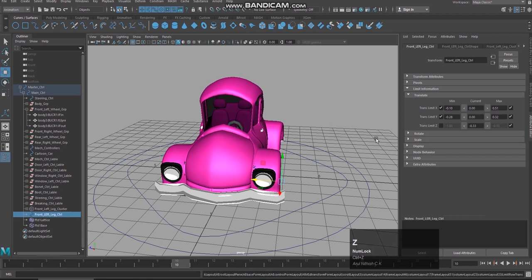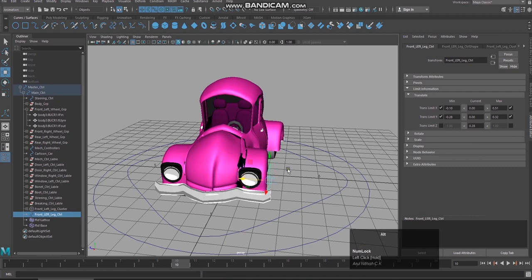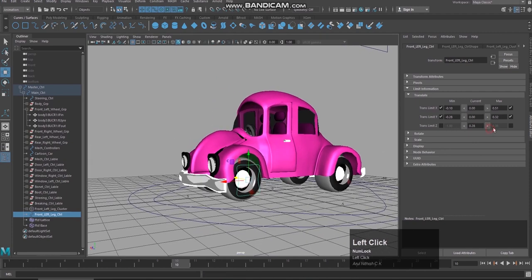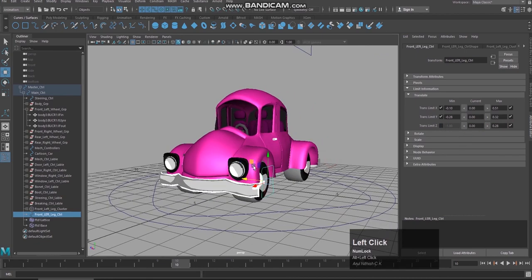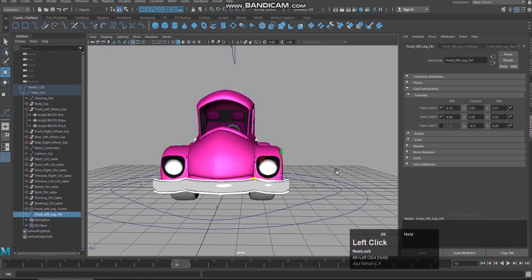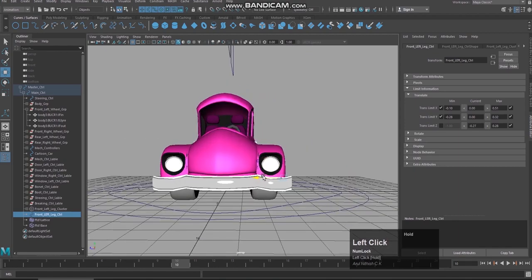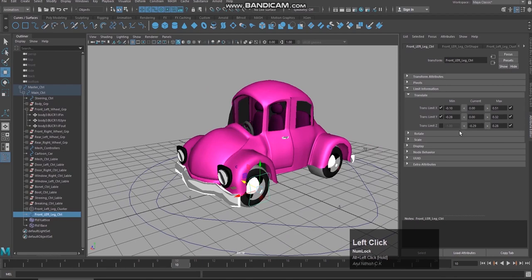So first I should give the positive value. I'm pulling it a little bit inside, give the positive value here, and making it 0 and pulling it outside, and this negative value, I mean the minus value, I'm just pulling it this side.